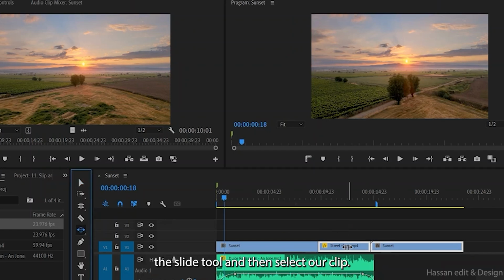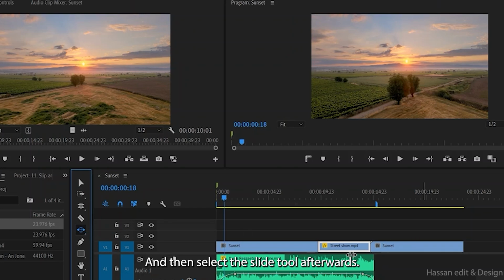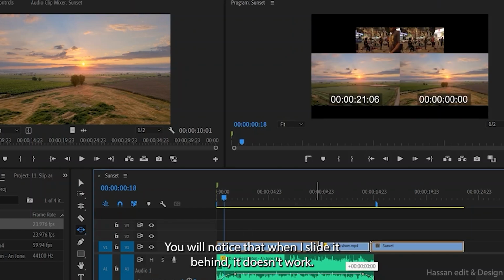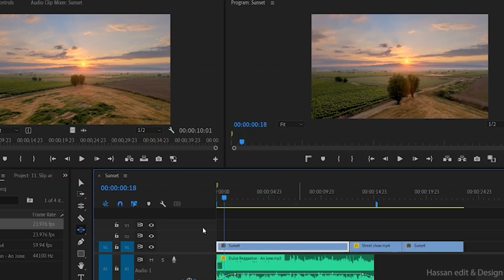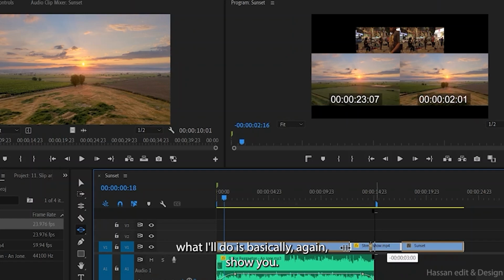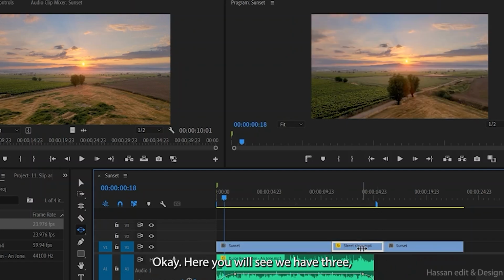Okay, now let's use the slide tool and then select our clip. Make sure only one is selected, not both. And then select the slide tool. Afterwards, you'll notice that when I slide it behind, it doesn't work, but when I slide it in front, it works. Now, if I slide it back, what I'll do is show you again. Here, you will see we have